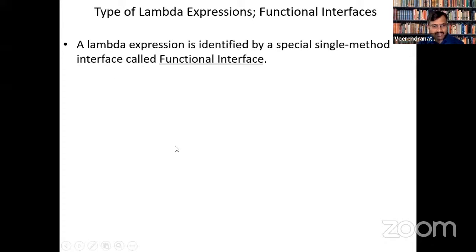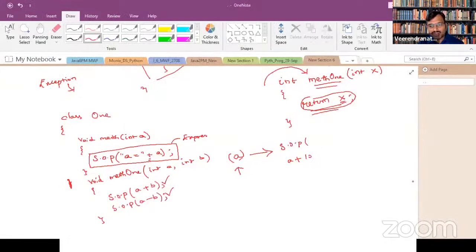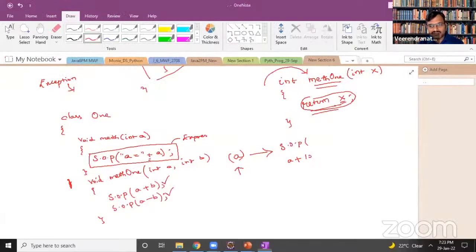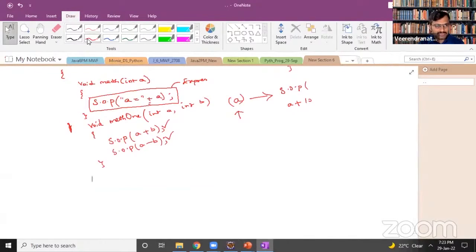So generally, if you can recollect what an interface is, it is something which is created like this. Let me say something like my interface. An interface is a class-like construct which will have